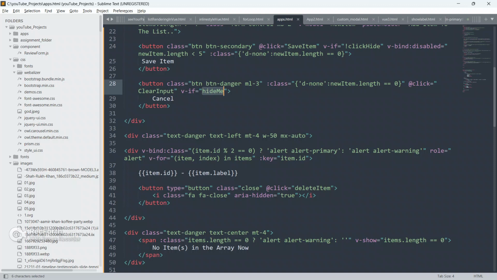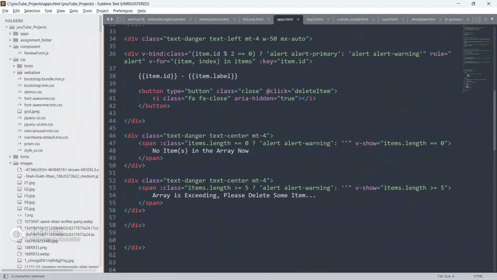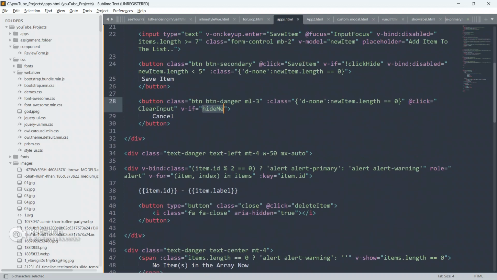Disabled. If hide me, our cancel button is not showing, guys.